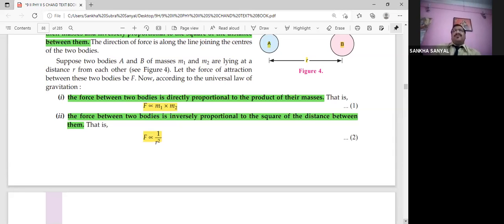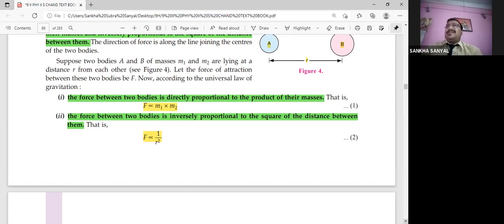Now let us presume the distance between the two bodies. By the way, it's not the radius. We might make a mistake thinking r to be radius. In that case, you can always take it to be d. My dear students, these are just variables. If you define it correctly, you can use any variable. There is no problem with that. So rather than getting confused, if you use m1 m2 by d square, that's perfectly fine. But then you need to define what d is. So the distance between the centers of the two bodies is r.